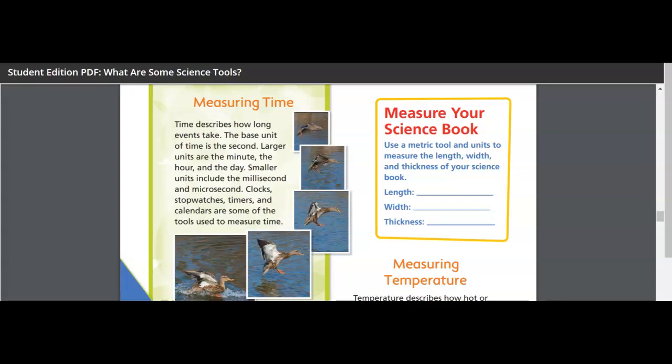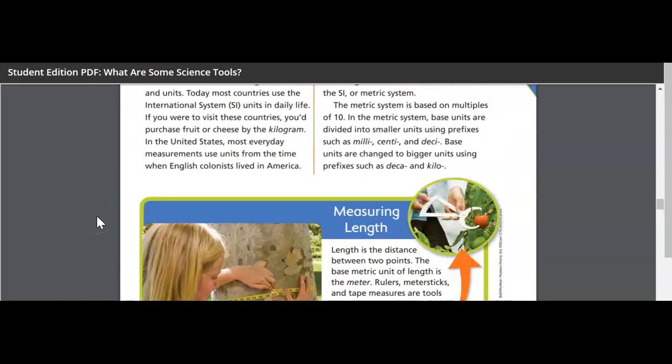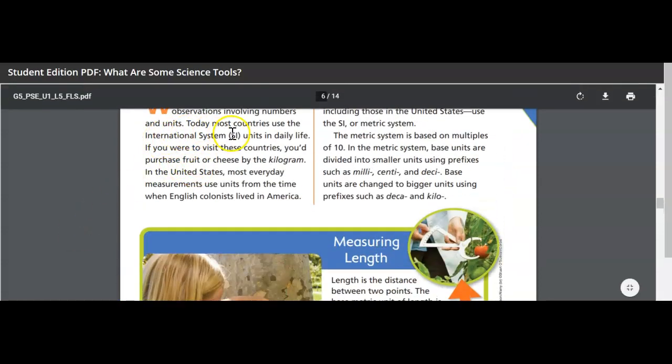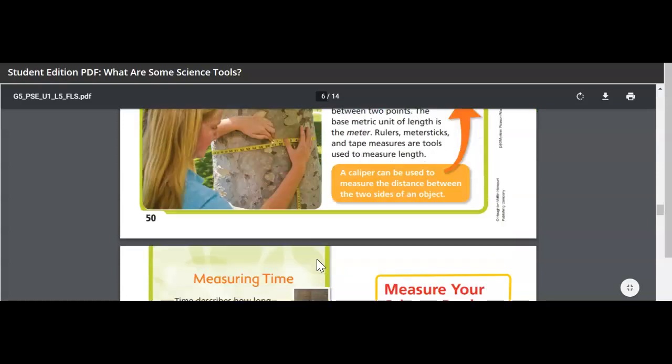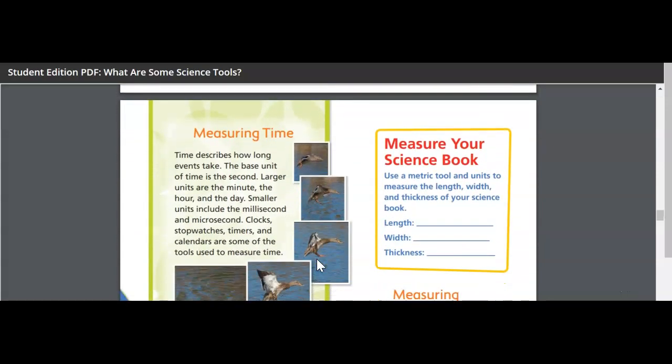Hey everybody, so I'm continuing part 2 of lesson 5 and we just left off at page 50 and we're on page 51 now, talking about measuring. So we've talked about the units of measurement that scientists use. Remember the international system, the SI, how all the scientists around the world in America and worldwide use that